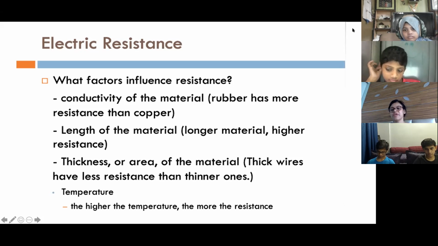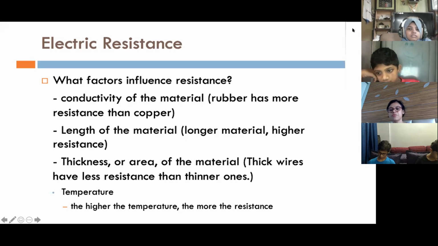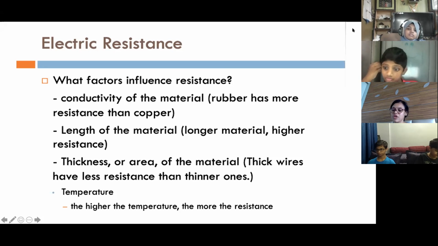Now resistance depends on various factors, because when there is a current, that means electrons are moving in a particular direction. When electrons are moving in a particular direction, there will be a number of immobile ions in the way with which they collide. When they collide, their speed goes down. Again, they get attracted towards the positive terminal. Again, their speed increases. Then again, they collide. And this way, this process goes on, and the velocity of electron is not that high as it is in the conductor without the battery.